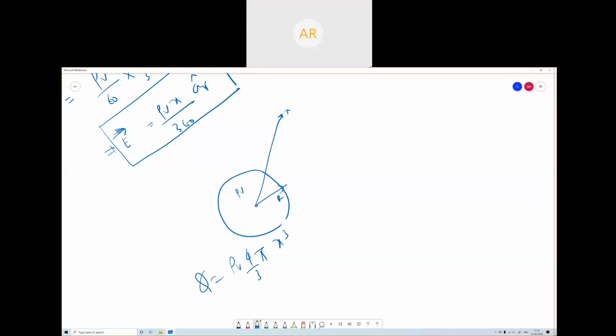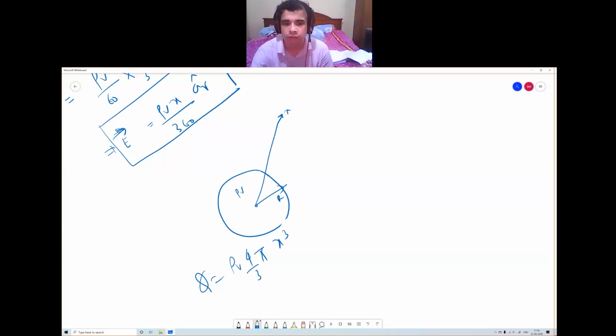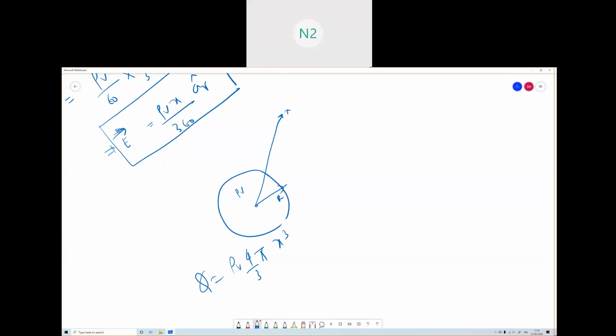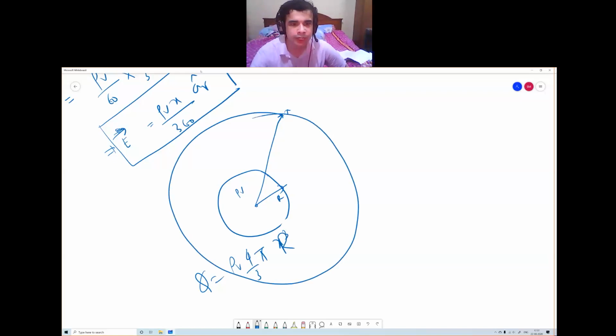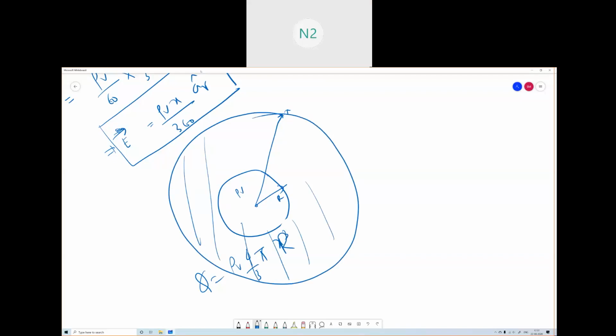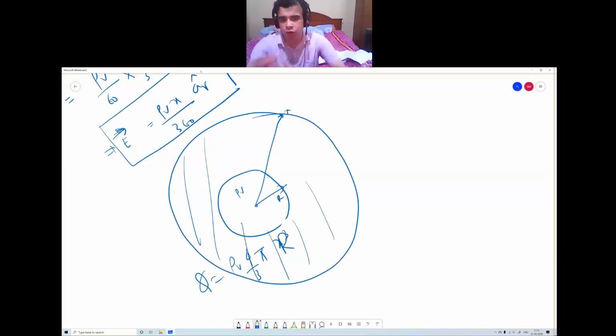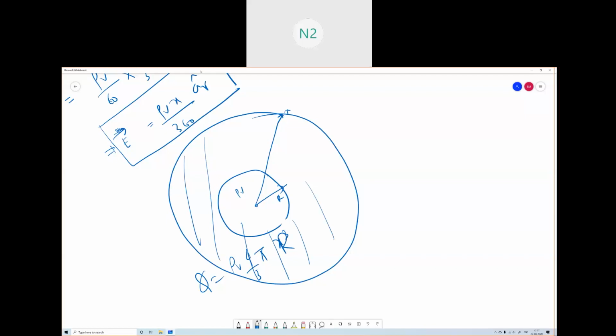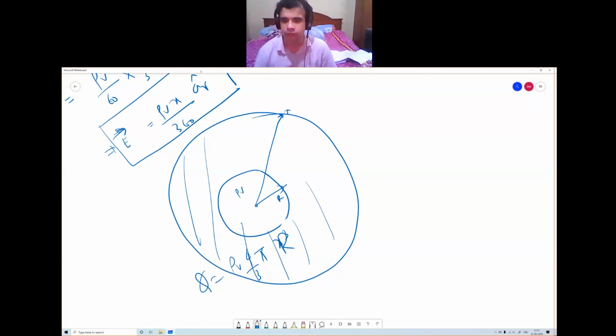Think that the Q should be the same, na? Same with the actual sphere. Why? Because here if we increase, there are no charges. All the charges are in the sphere. Outside the sphere there are no charges. So we will not consider this external surface. Is it okay? All the charges are in the sphere, this place. Here rho v is 0.